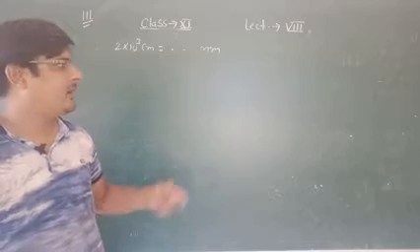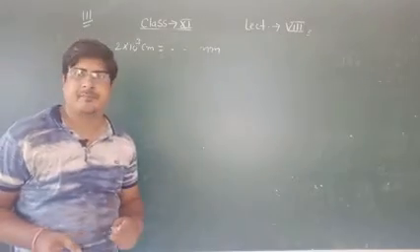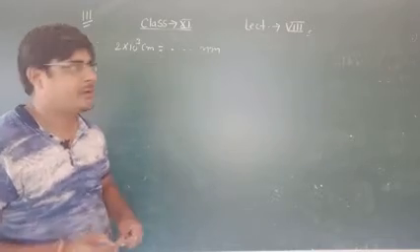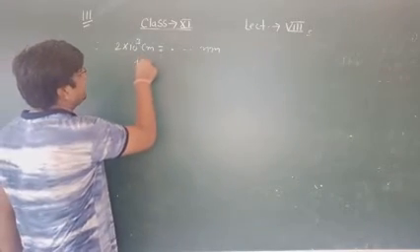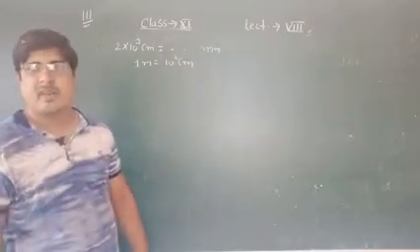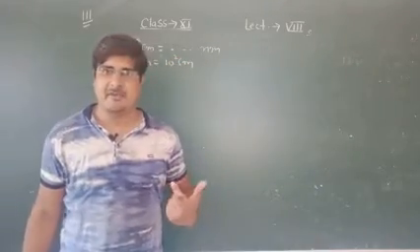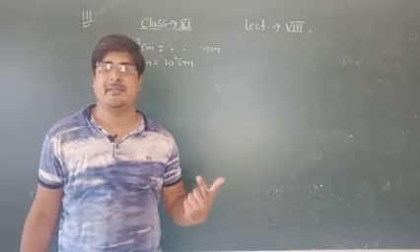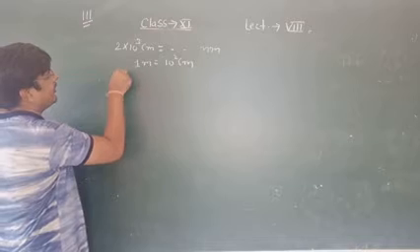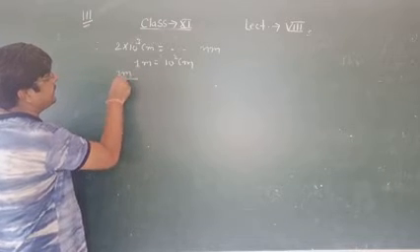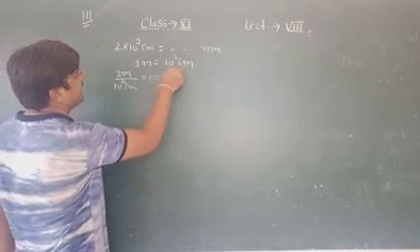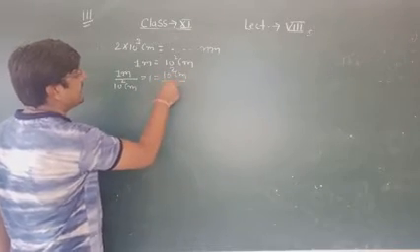Did it? Okay, now I am telling you the answer. First, convert the centimeter into the meter. You know very well 1 meter is equal to 10 to the power 2 centimeter. Write it in the dimensional analysis method or unit method. How can you write it? 1 meter upon 10 to the power 2 centimeter is equal to 1, which is equal to 10 to the power 2 centimeter upon 1 meter.